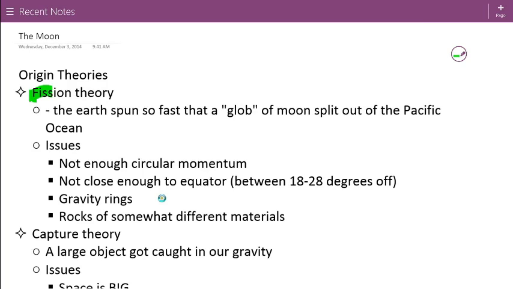So the first theory is fission theory, and this theory states that the Earth spun so fast that just like a big glob split off and then became the moon, and they say that massive material came out of the Pacific Ocean. The issue with that is there's really not enough circular momentum unless the Earth has vastly slowed down.